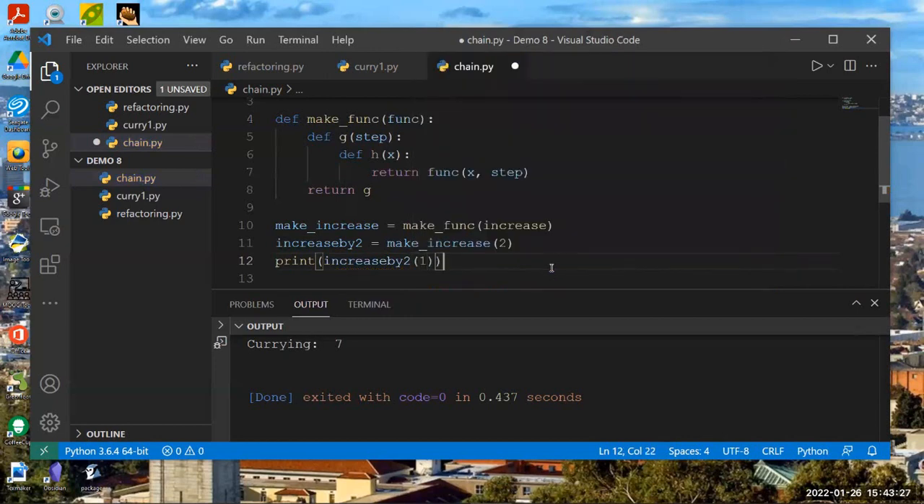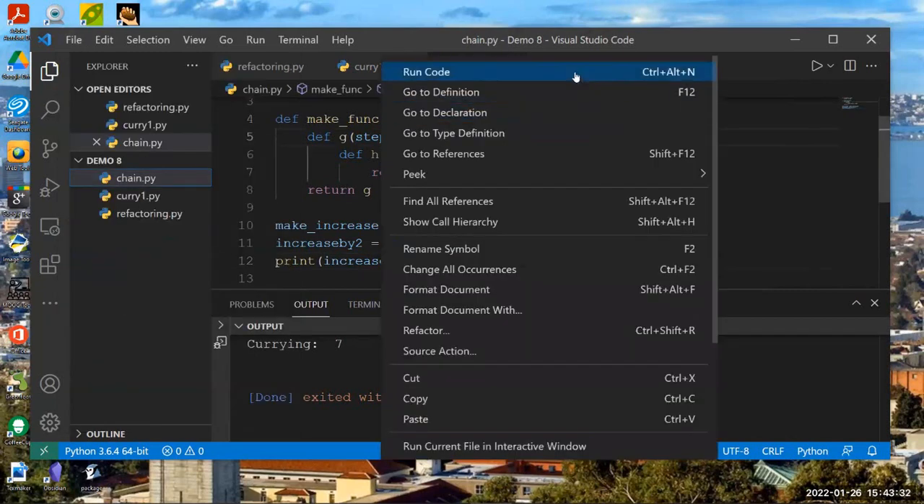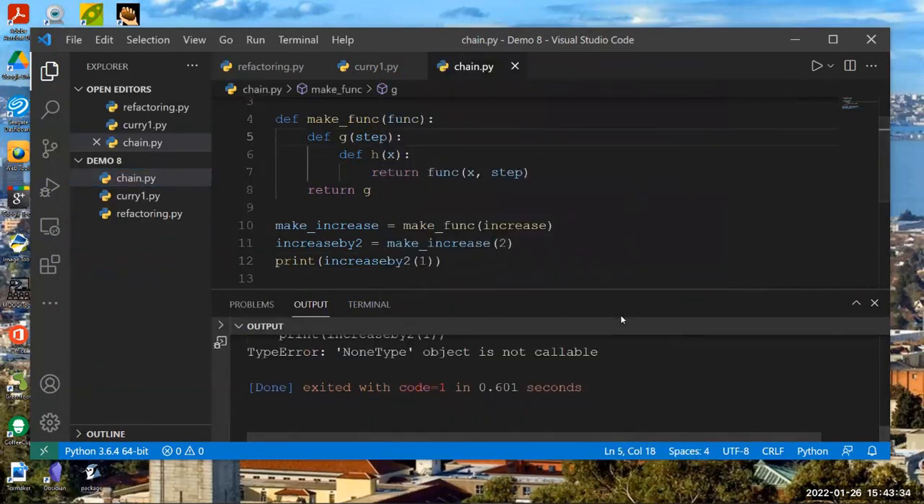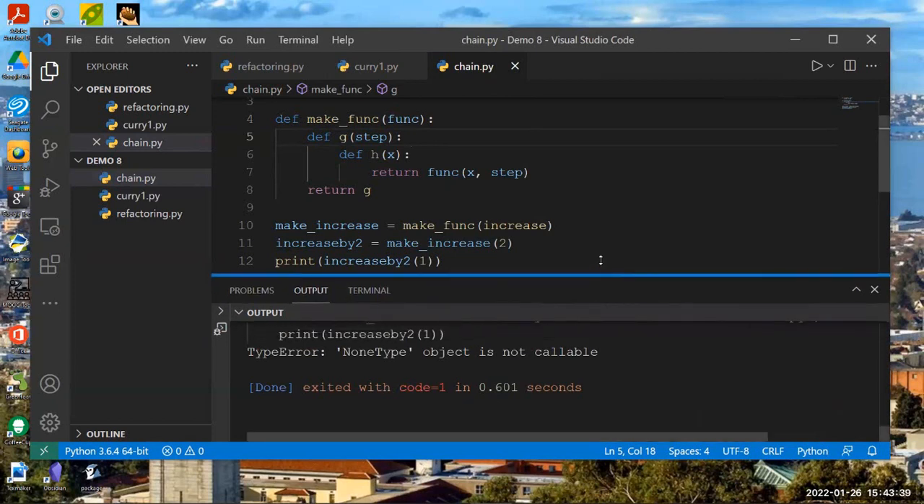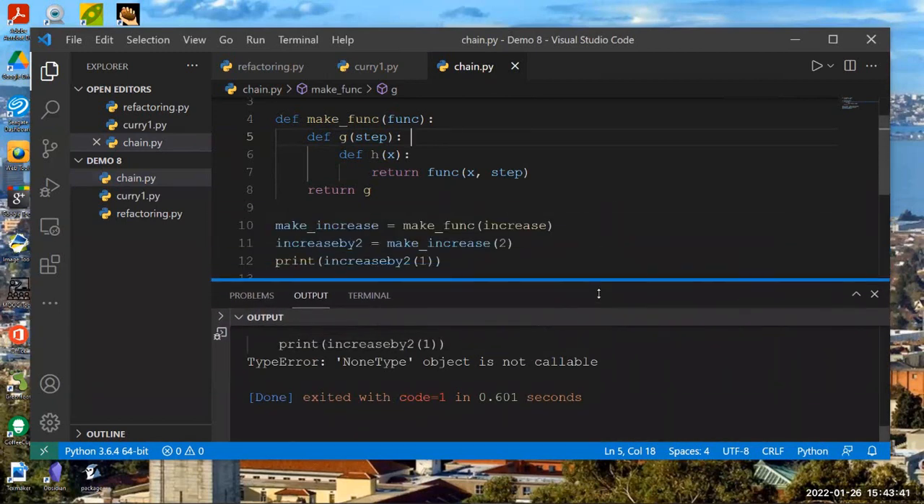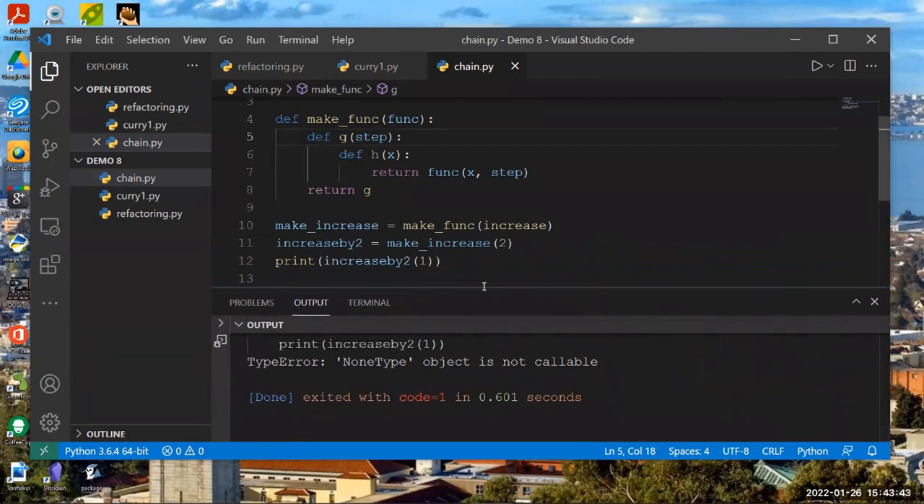Okay, let's start from 1 and increase by 2. Num type is not callable. So here, increase by 2, we make increase. We make the function of increase and pass increase over there. Now we return g. So here the make increase,